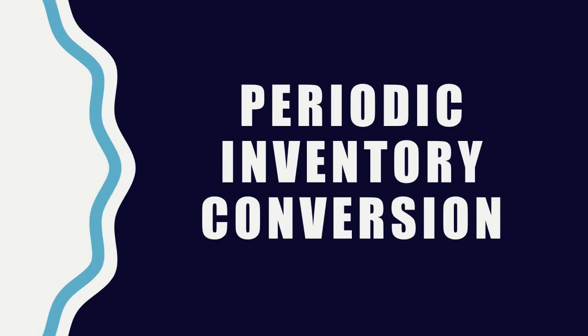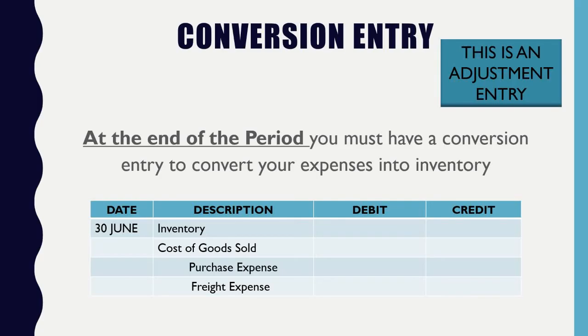All right? Now, let's talk about conversion, right? Because once you reach the end of the accounting period, you need to do a conversion entry, because at the end of the accounting period is where you need to close out your income and your expenses. And a purchase expense is one of those things that you have to close out. Now, again, because you did your calculations here, we have all the information that you need to plug into your journal to successfully close out the accounting period